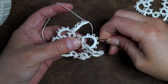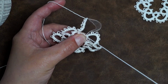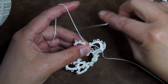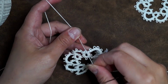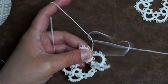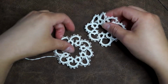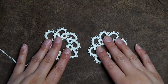And I usually just pass it right in there, as you can see. Yeah, that looks good. And then once again, I'm going to do the same thing. Just knot it and lock it in place. And lock it again. And we are done with the motif. Okay, so this is where I am going to end this video, and we are all complete with the motifs,